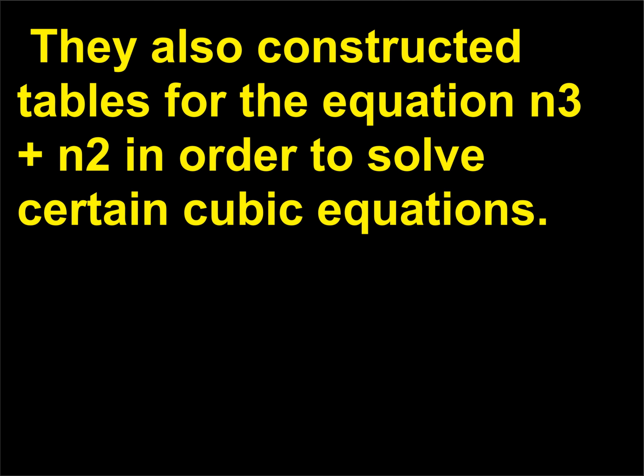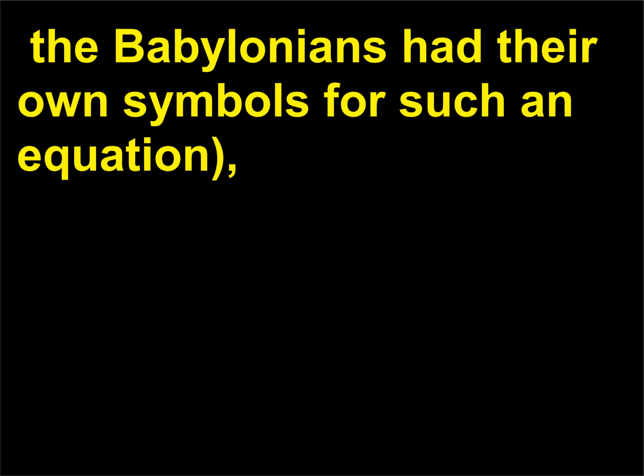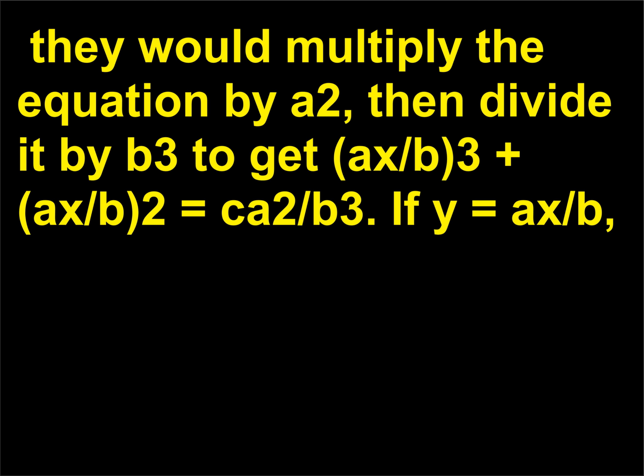They also constructed tables for the equation n^3 + n^2 in order to solve certain cubic equations. For example, in the equation x^3 + bx^2 = c, note, this is in our modern algebraic notation. The Babylonians had their own symbols for such an equation. They would multiply the equation by a^2, then divide it by b^3 to get (x/b)^3 + (x/b)^2 = ca^2/b^3. If y = x/b,